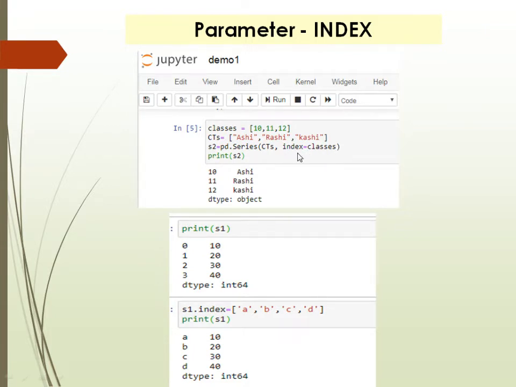Now the index numbers are renewed and changed to the classes. So when I print S2, the answer is 10, 11, 12. The default index numbers 0, 1 and 2 are converted into 10th, 11th, 12th.